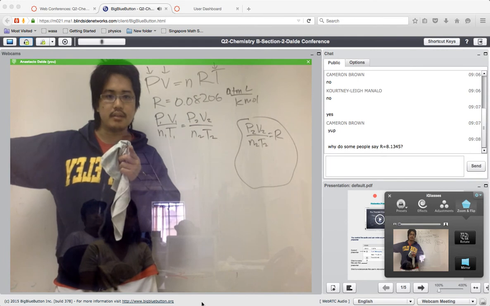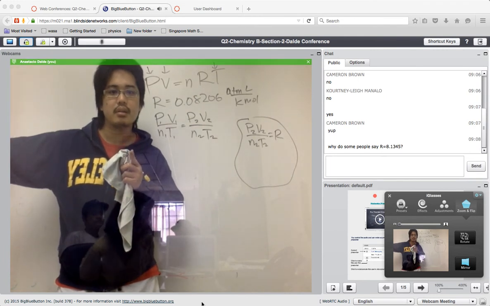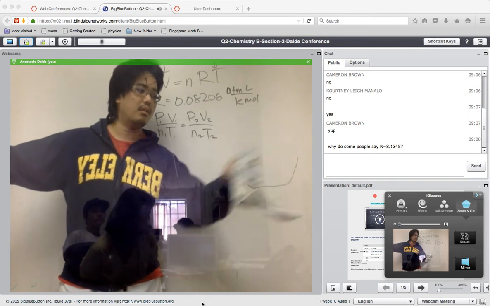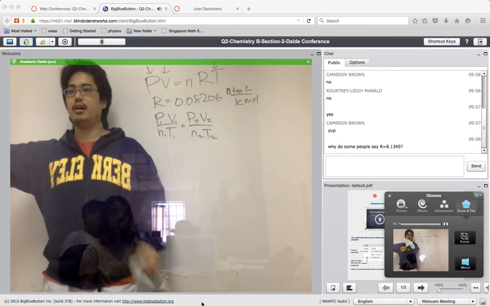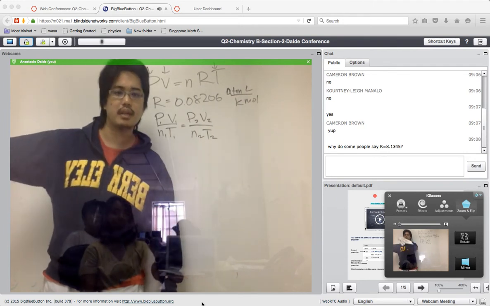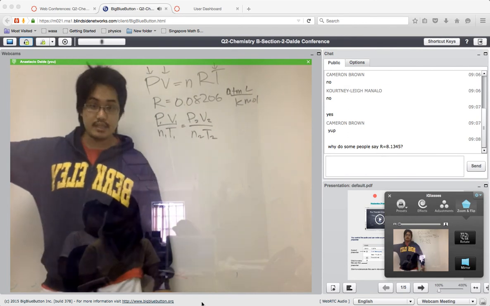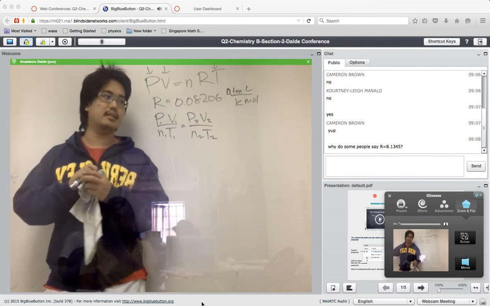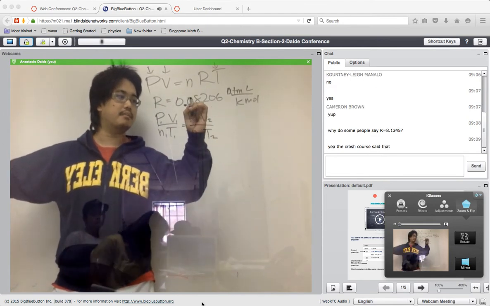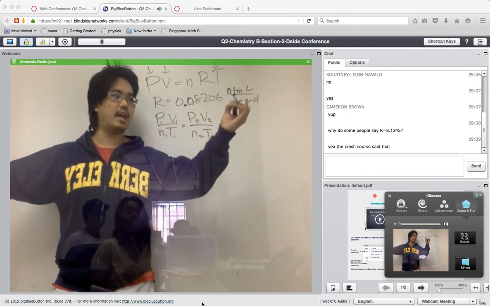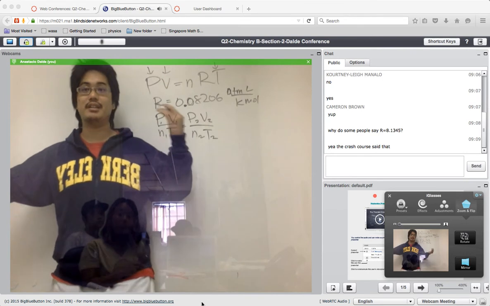Why do some people say R equals 8.13? Oh, okay. Cameron, you looked it up on the internet and you said that, oh, hey, R is 0.813 or something like that? All right. The reason being is because I'm telling you that R is measured in 0.08206 atmosphere liters per Kelvin mole, but when you look it up on the internet, you might find a different number, like